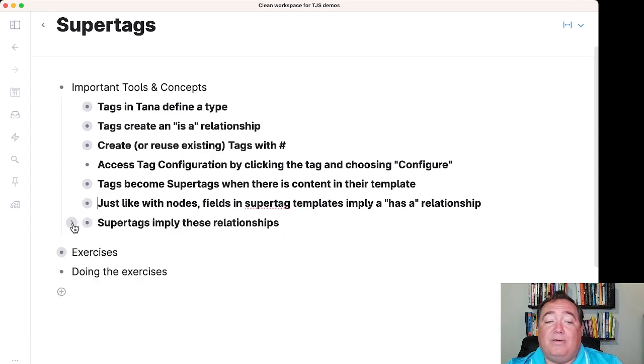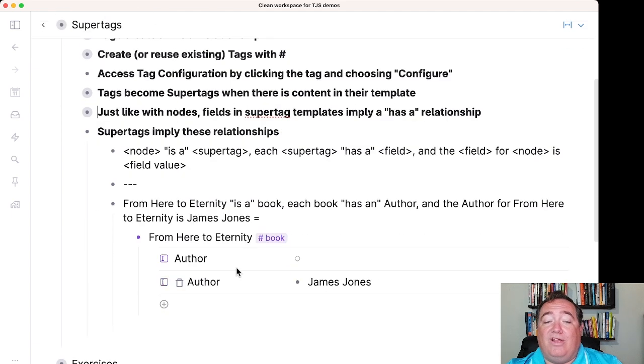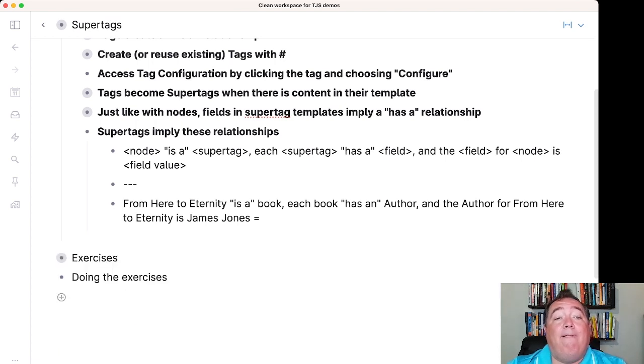Okay? So with that, if I go back now, that means that super tags imply this overall relationship here. Node is a super tag, so that's our is-a. Each super tag has a field, that's our has-a relationship. And the field for this particular node is field value, which all sounds like gobbledygook when I say it with the template information there. But if you hear it this way: